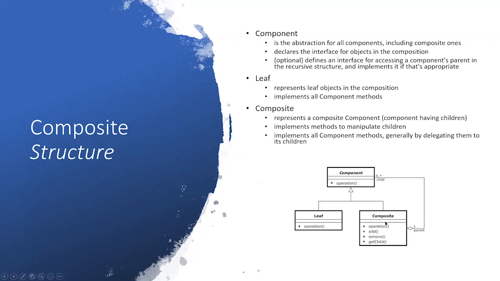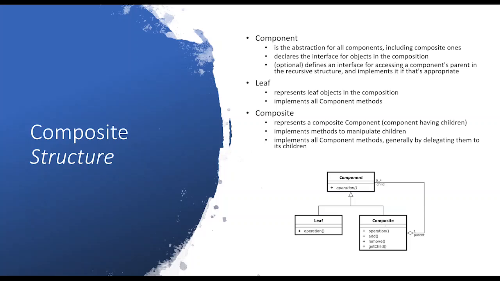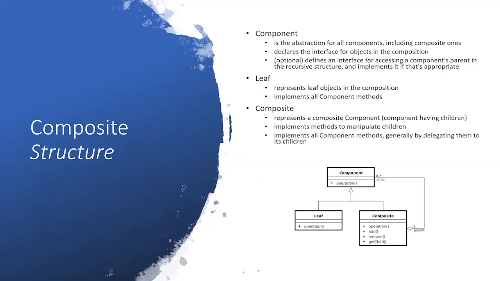This composite object stores child components and implements child-related operations in the component interface. So in terms of our directory structure, we can expose a getSize method in our component interface, which both composite and leaf will have to implement. GetSize in leaf will return the size of the file, whereas getSize in composite will do a recursive call to the directory, which should be returned. So this is making sense up till now, right? Yes.